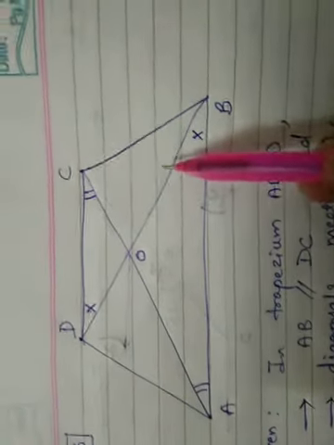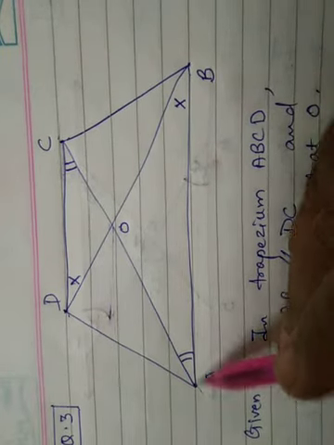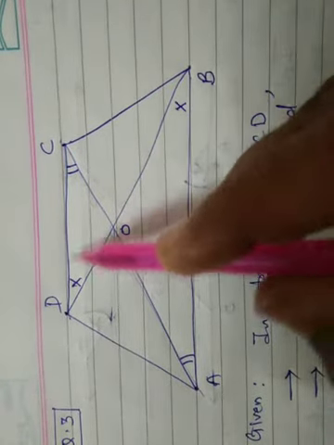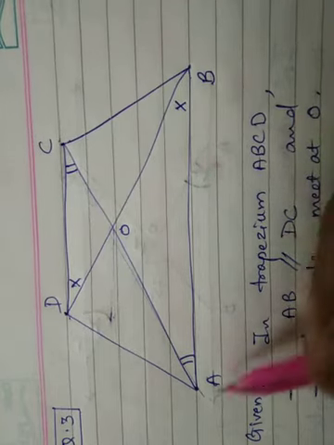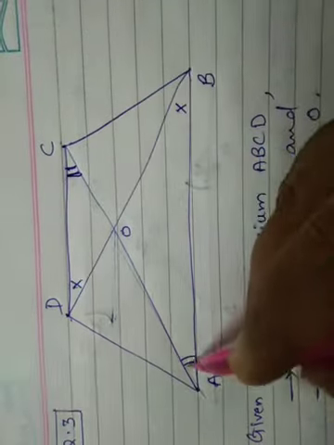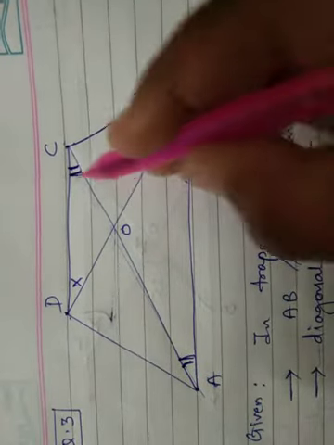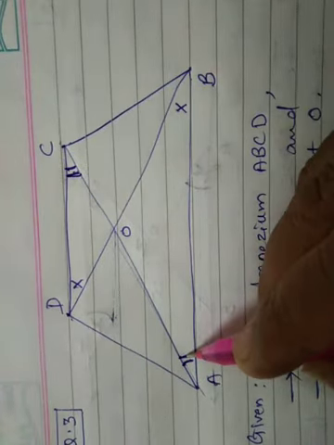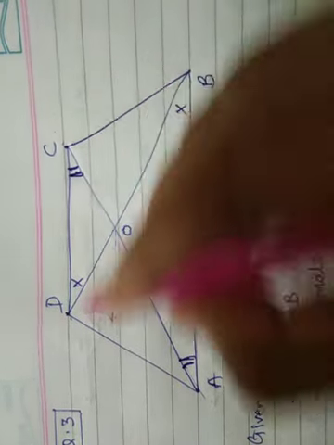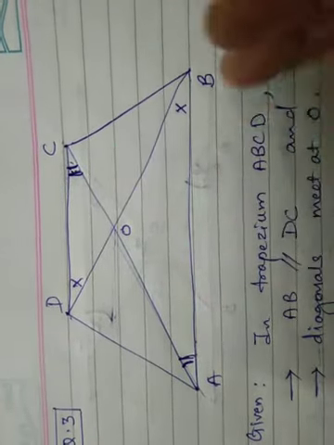Let us understand the diagram. In the diagram, DC is parallel to AB and AC acts as a transversal. So this angle C and angle A form a Z. See, it is forming a Z. So this angle and this angle are alternate angles. DC is parallel to AB, AC is the transversal, and it is forming a Z. So these two angles are alternate angles.